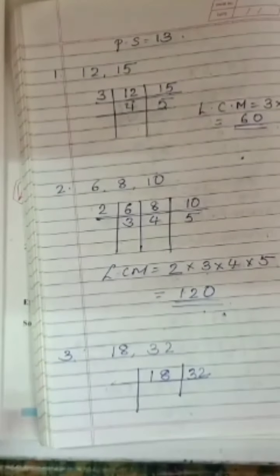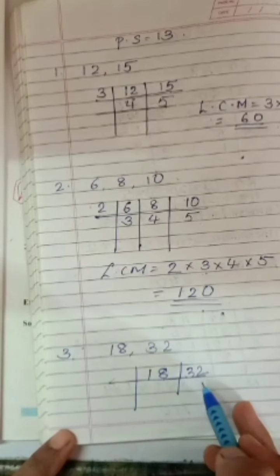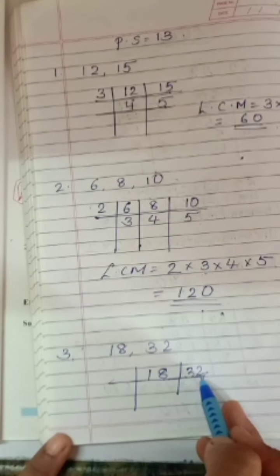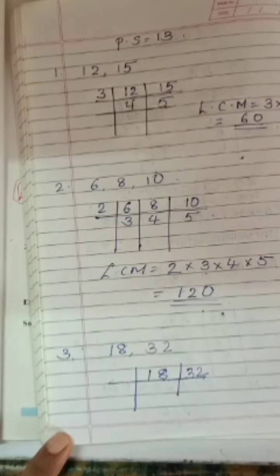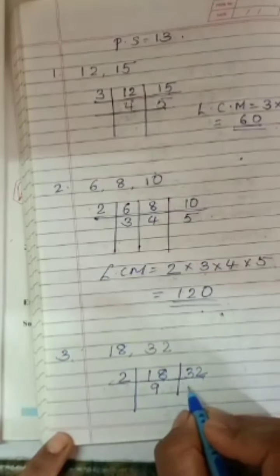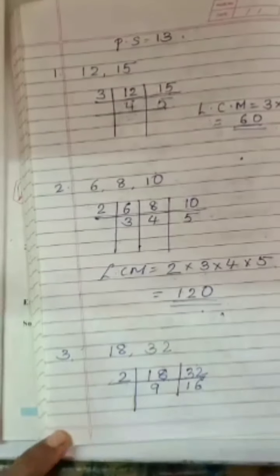18 and 32. Since this is an even number, and 2 is also an even number, 8 and 2 will be divisible by 2. It can go in the table of 2. So let us take 2. See, 2 9s are 18, 2 1s are 2, 1 carry, it becomes 12, 2 6s are 12.